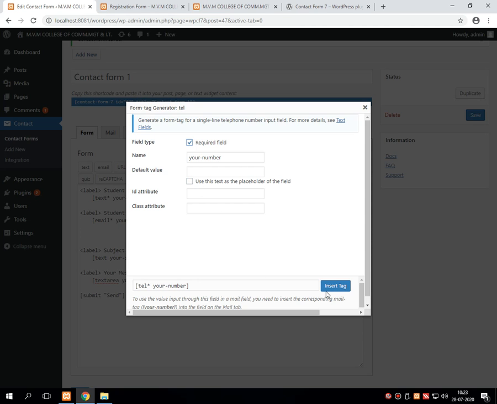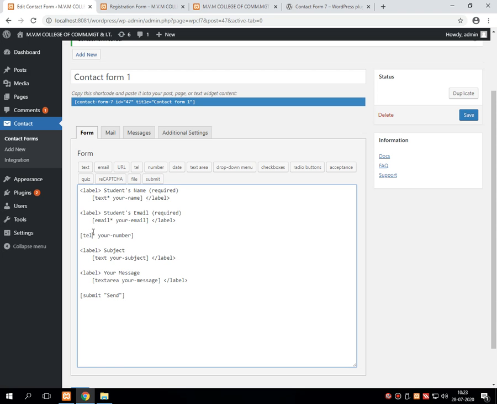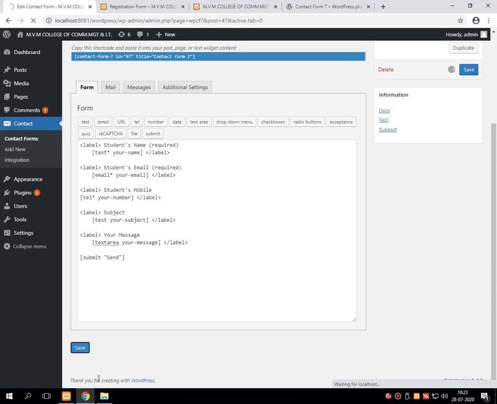I am making it compulsory, then I am inserting this tag and giving a label, students mobile. I am completing this particular field with slash label. Then I am saving this particular content.